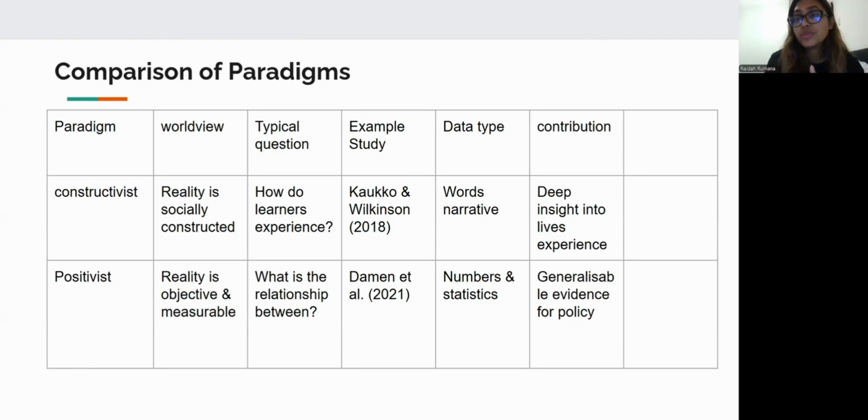Qualitative studies explore meanings, quantitative studies measure relationships, mixed methods bridge both, and action research aims to transform practice. Together, they illustrate that no single approach is sufficient alone. Combining them enriches our understanding of TESOL and migrant education.